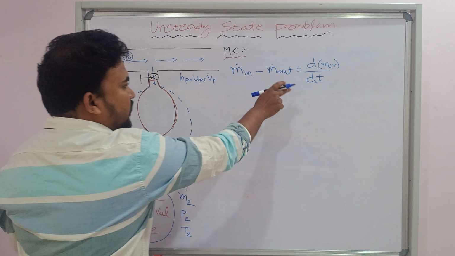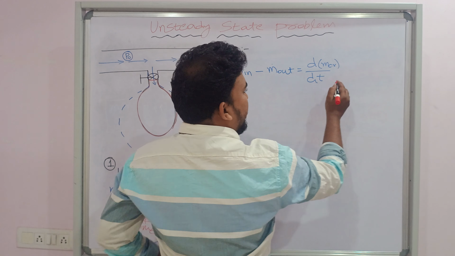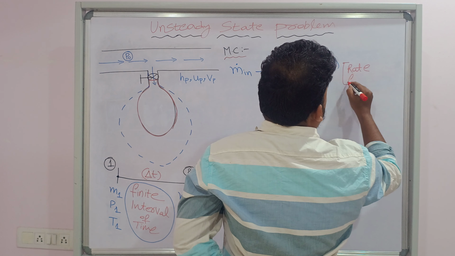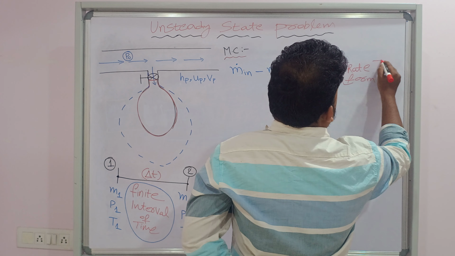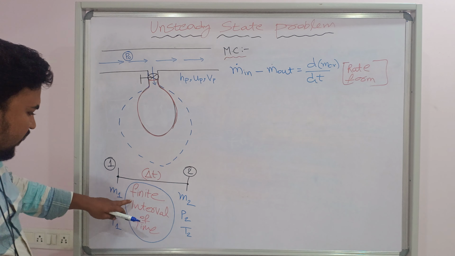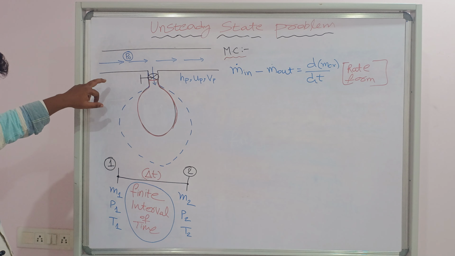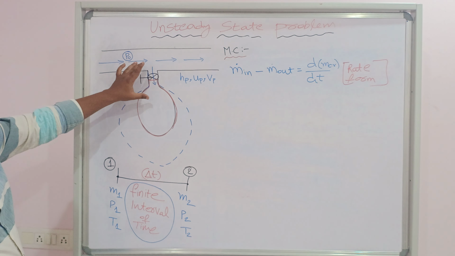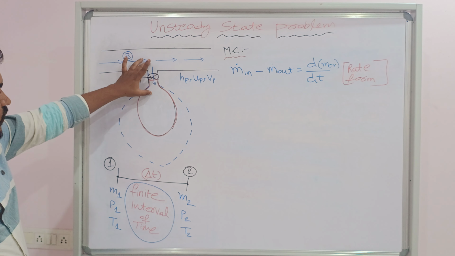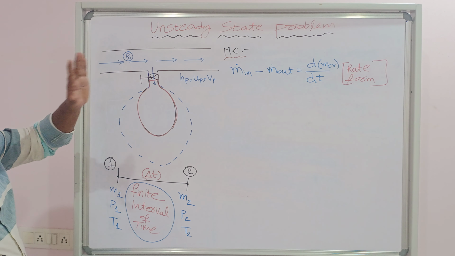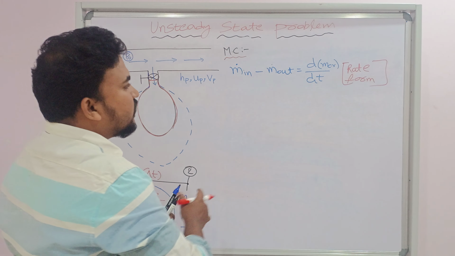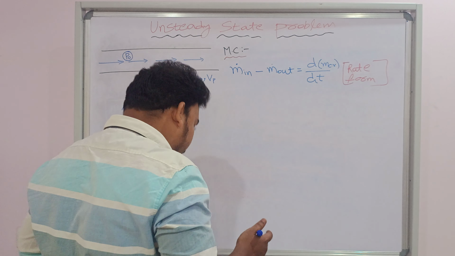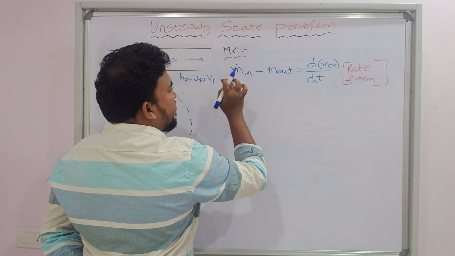Simple, my dear. But this is in rate form because the differentiation term is there. This is in rate form. But this is taken in finite interval of time, not continuously. After some delta t time, it is getting stopped because the system is undergoing mechanical equilibrium, so that there is no flow of air inside the system after some time. Correct now? So that it is in rate form. I want to write it in the finite interval of time. How to write? Mathematics will help us. So if I multiply dt on both sides,